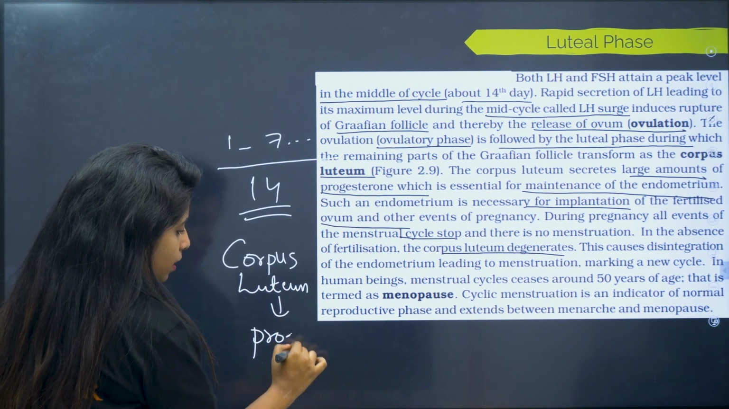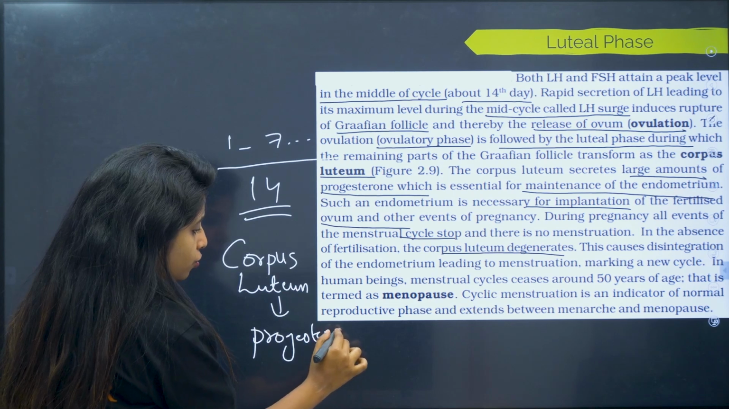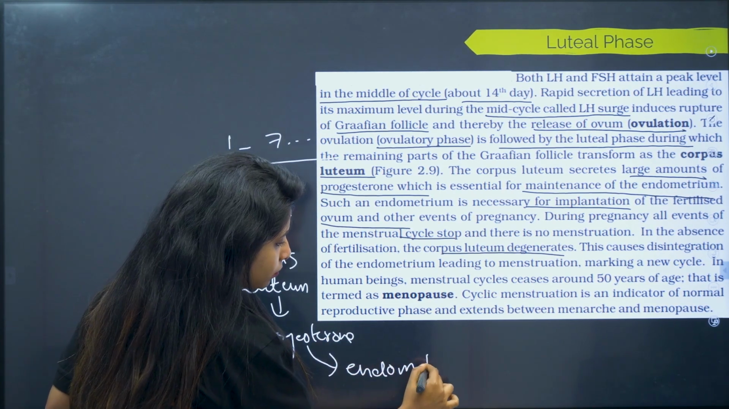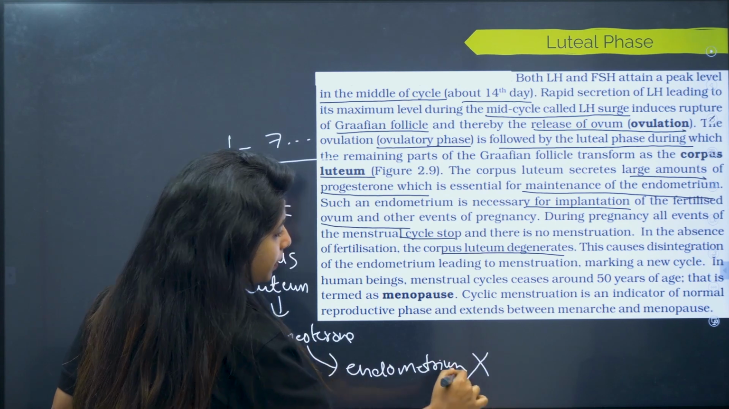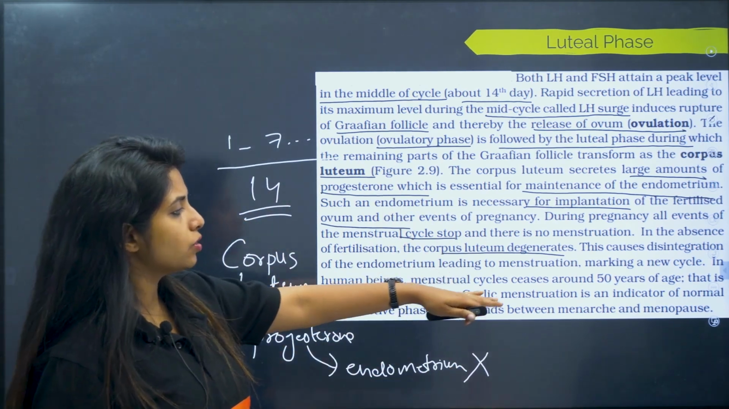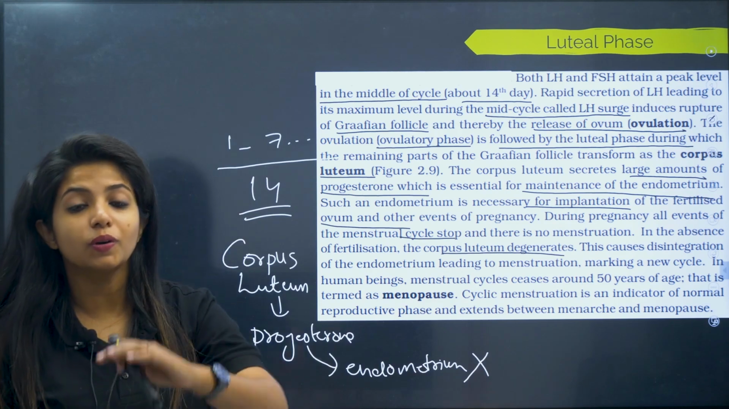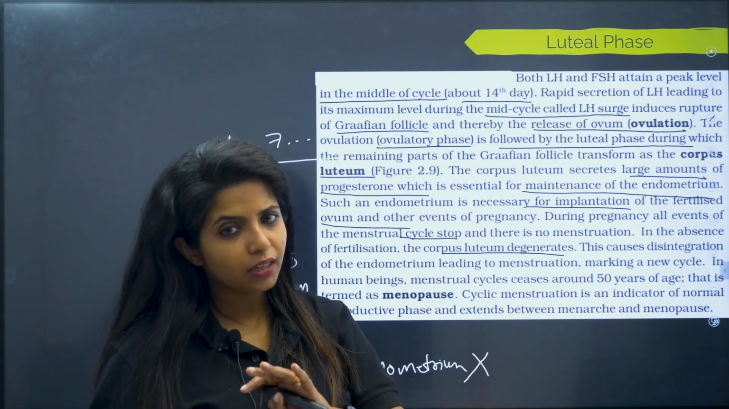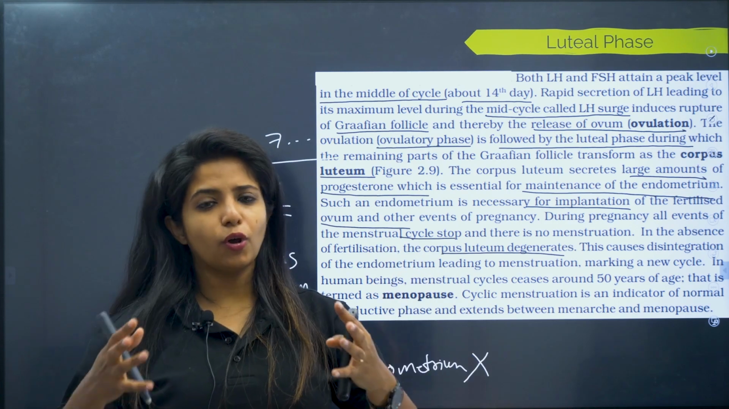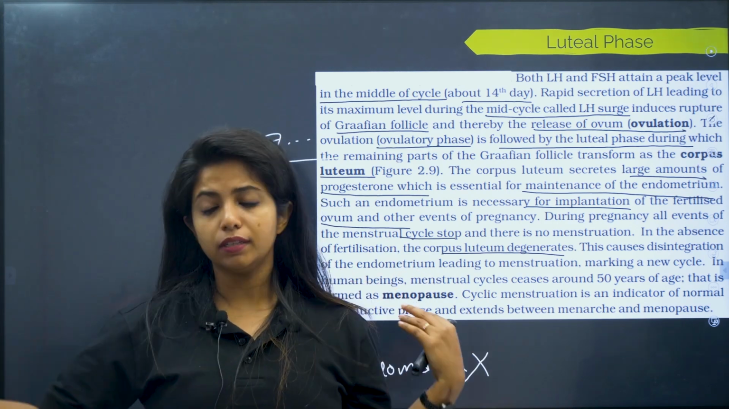Progesterone would be there. If progesterone and estrogen are not there, the endometrium will not be there. This will lead to menstruation. In the human being, the menstrual cycle ceases around 50 years of age, because by this particular time, that is 40 or 50 years, the number of follicles which were there is reduced. So lots of them,